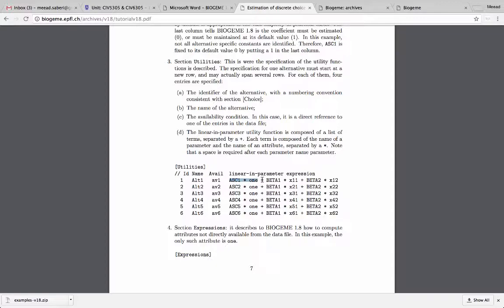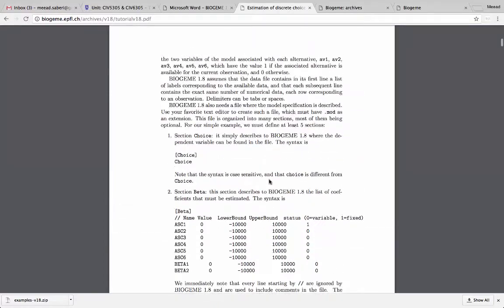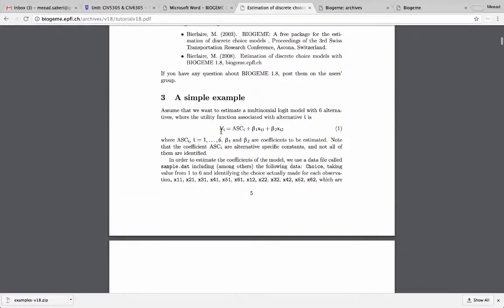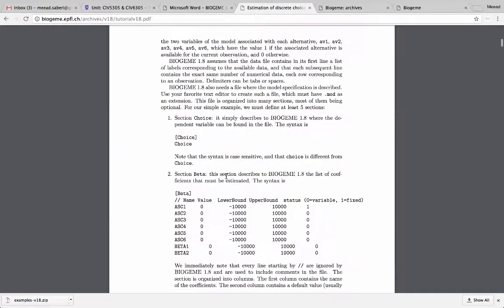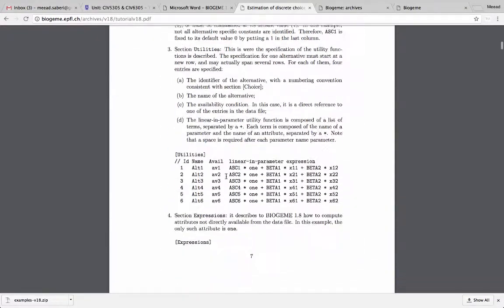You can add more variables to it, just like the example we had here. If I go back a few more pages, look at this utility function. This utility function has Vi equal to the alternative specific constant i, plus beta 1 xi1 plus beta 2 xi2. So if we want to specify this utility function in the specification file, we can do it as it is shown here,